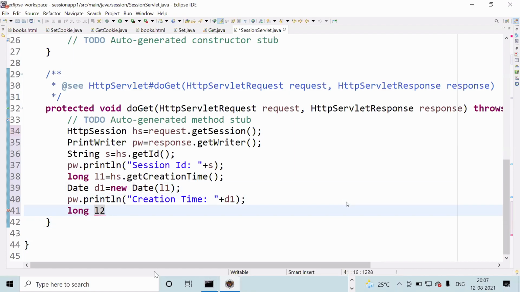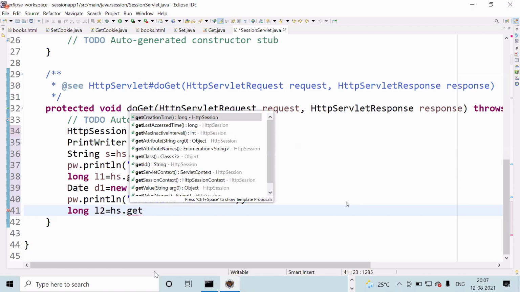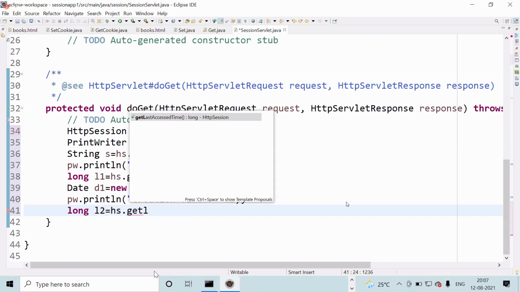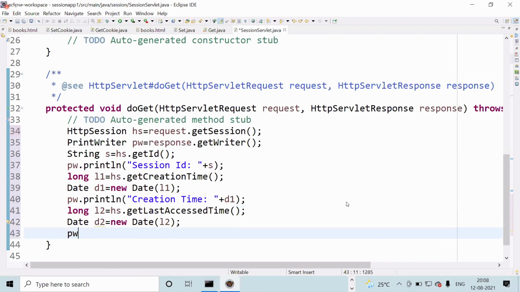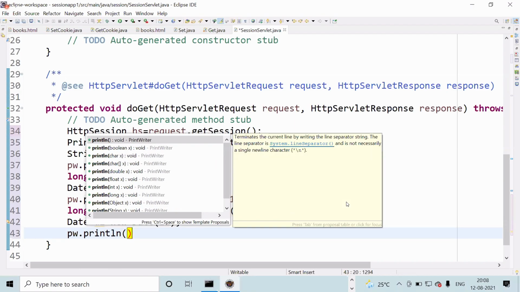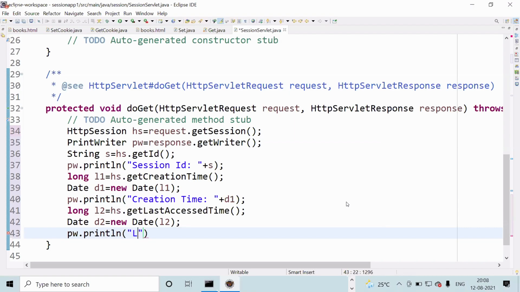Like long L2 equal to HS dot getLastAccessedTime. Okay. Now again Date D2 new Date L2. Now you can print pw.println here, last accessed time, after that plus D2. That will be printed.